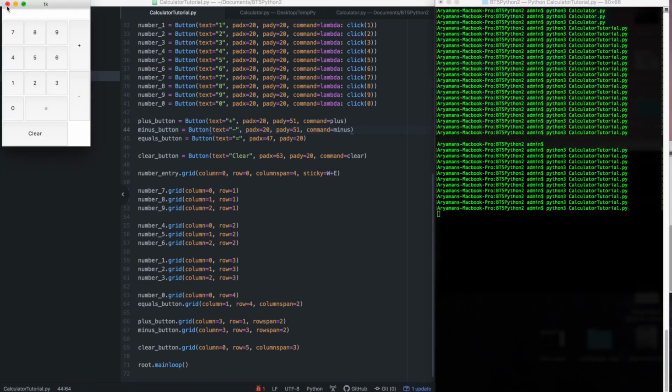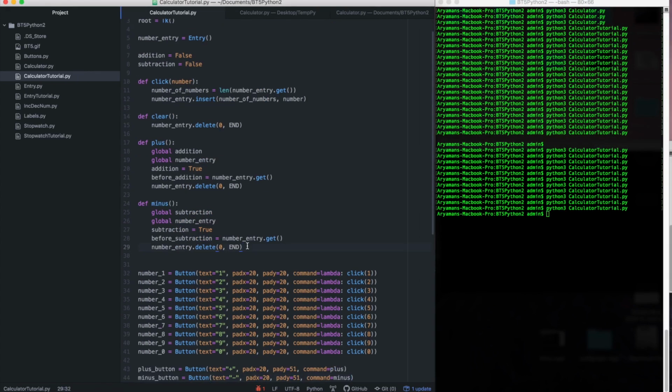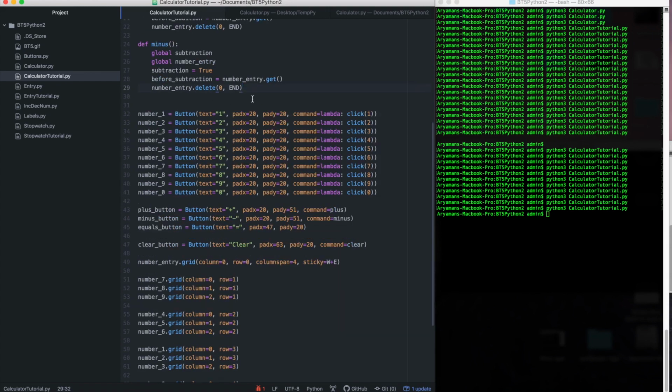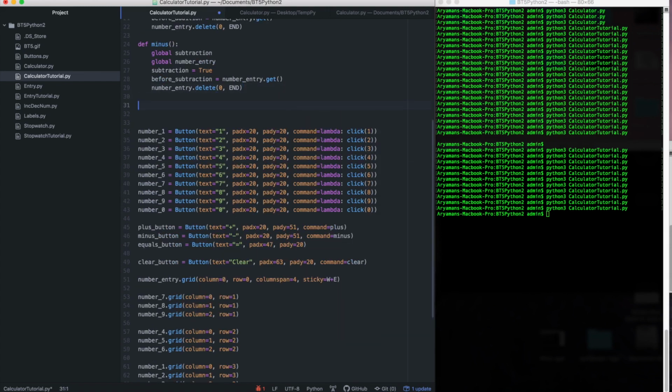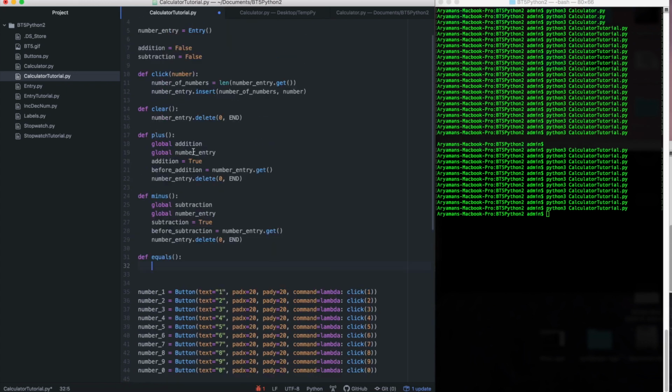$20. There we go. Now, the hardest part is the function for the equals button. So let's start working on that. We'll just call it equals. And then we'll have an if-else statement, and it'll check whether addition is true or subtraction is true, or neither of them are true. So if addition is equal to true, then